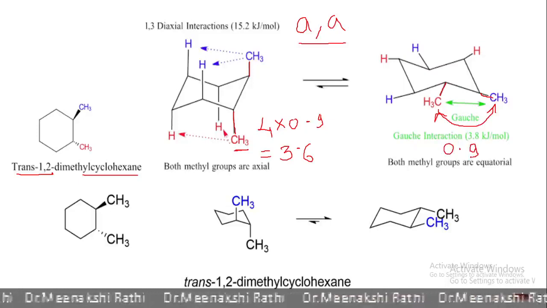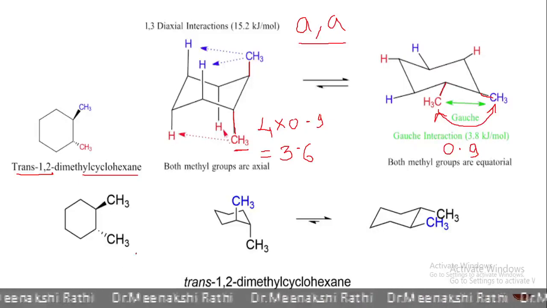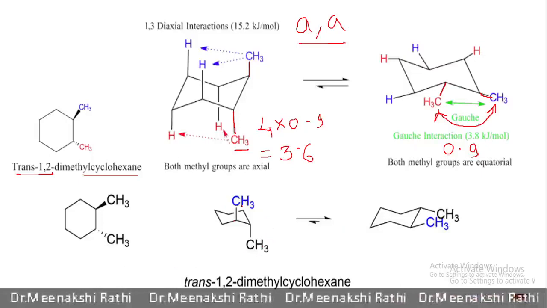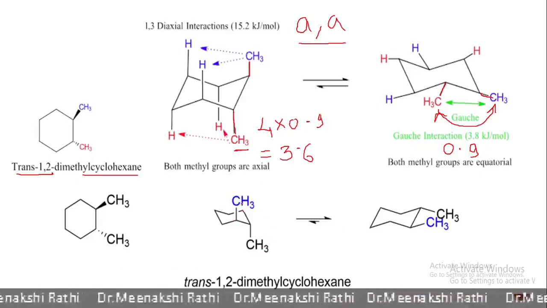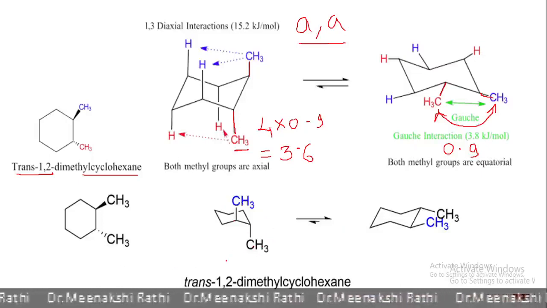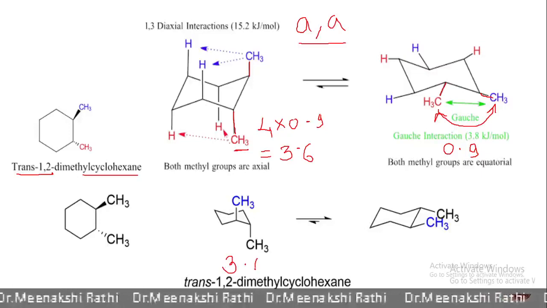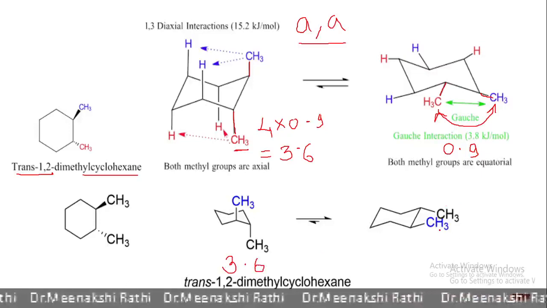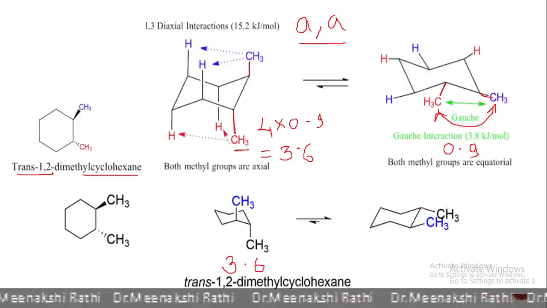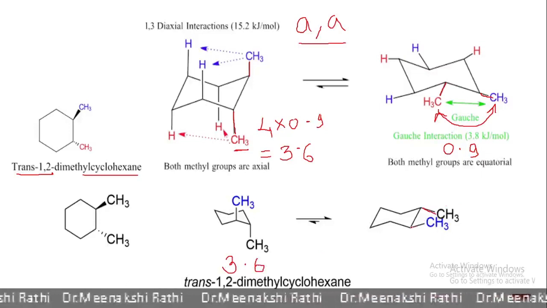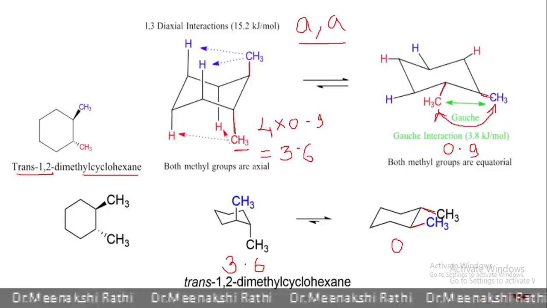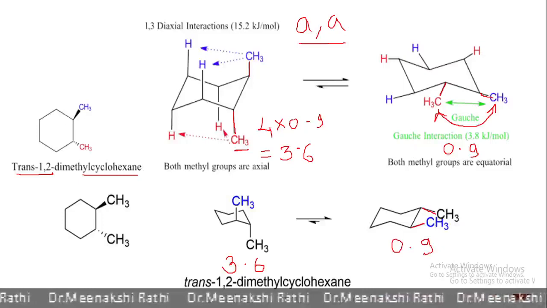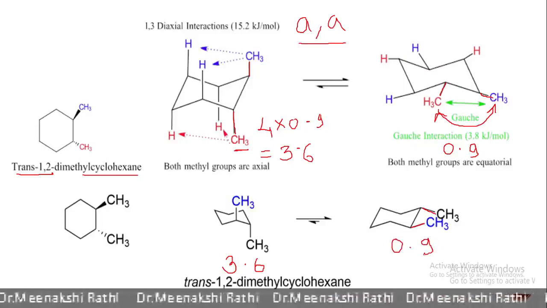So when two methyl groups are in axial position, it is trans but the energy is 3.6. When two methyl groups are in equatorial position, it is also trans because one is below the plane and one is above the plane, but the energy is only 0.9. So from this discussion, we can find out the stability of